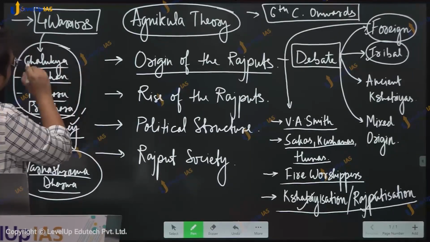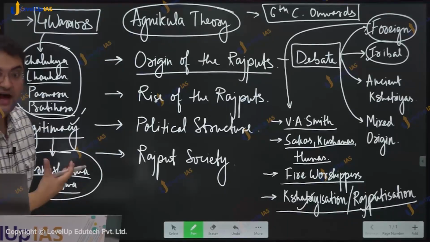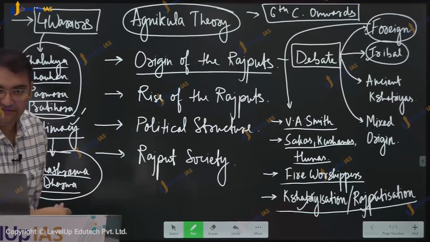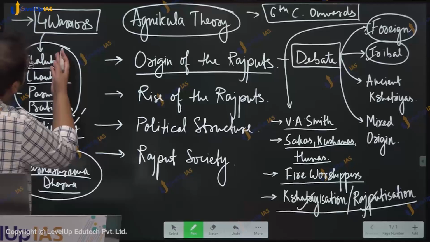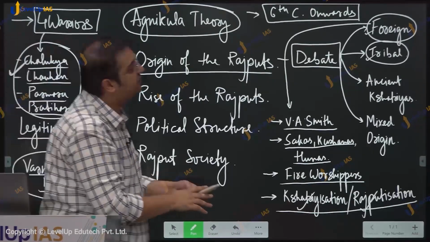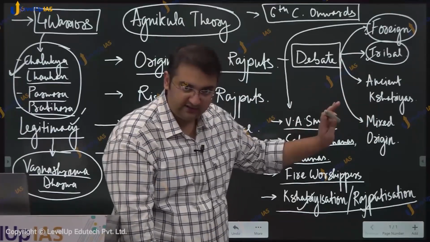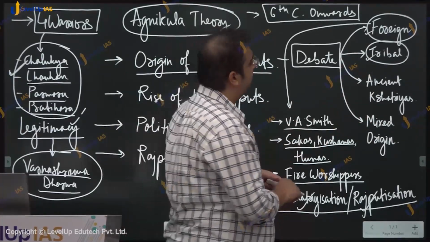This indicates that these were the sons of fire, and fire has a purifying effect. Thus, they were purified Kshatriyas or Rajputs. They had shed their foreign or tribal origin. Is this much clear? Sure. Then,